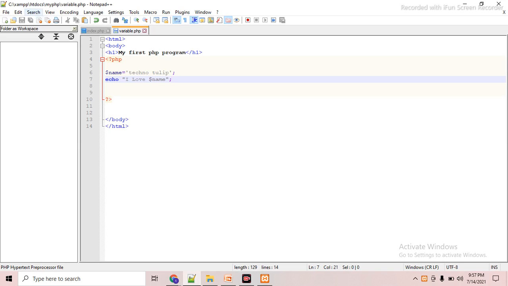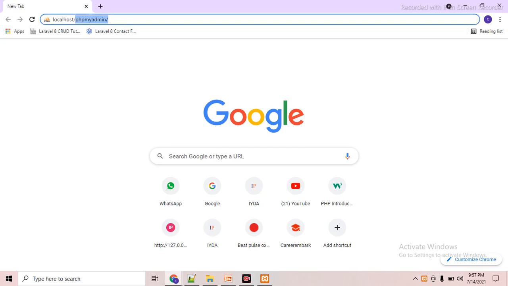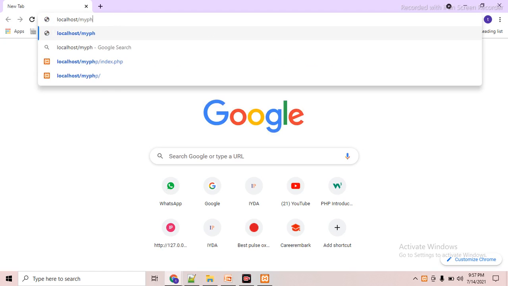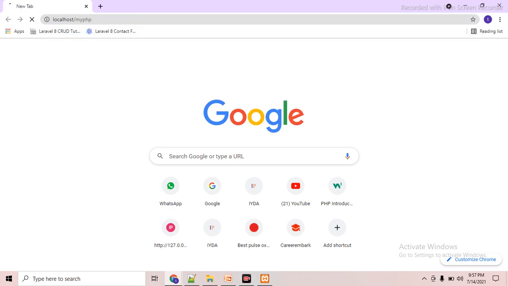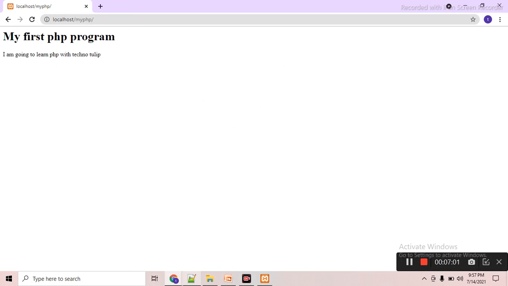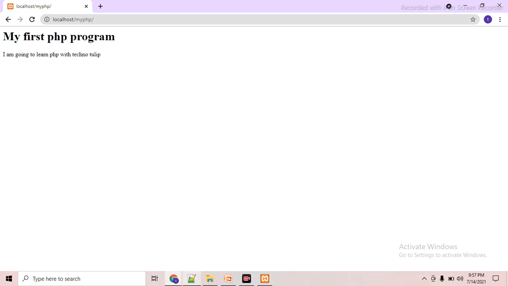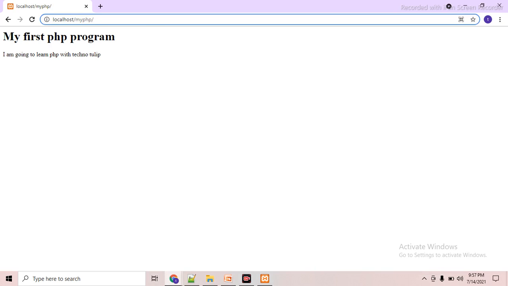The project name is myPHP in the htdocs section. Then type myPHP, and then the file name. The file name is variable.php.